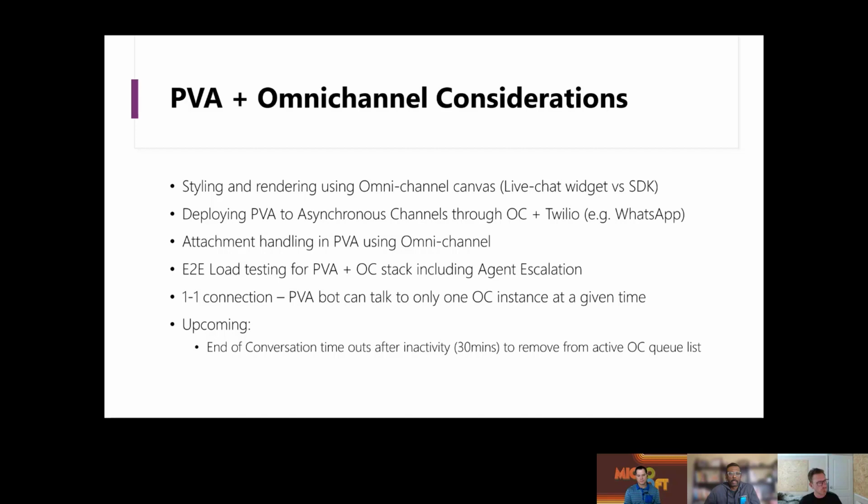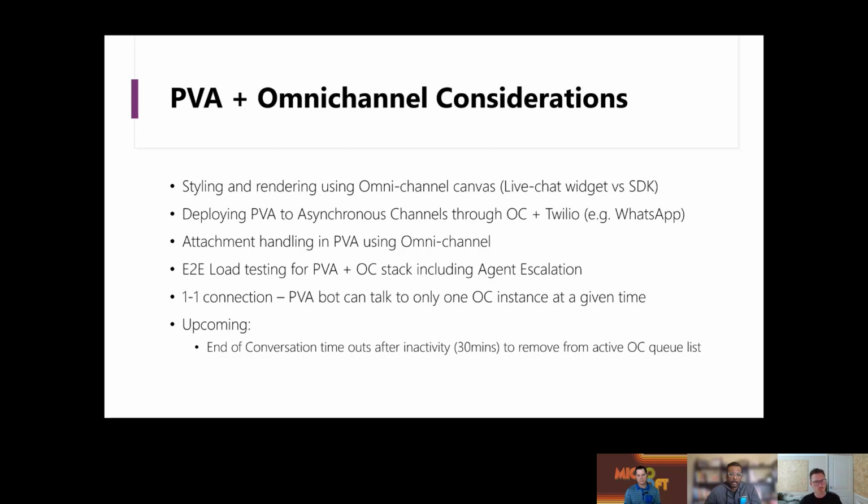Another important point which I wanted to call out is the end-to-end load testing for the PVA and the omnichannel stack, including the agent escalation. As you know, PVA currently supports the standard capacity of 800 RPM, or requests per minute. However, when it goes through the omnichannel stack, it has a different set of throttling limits according to what omnichannel controls. So keep that in mind as you onboard PVA to the omnichannel stack, to ensure that depending on the volume you project for your bot, your bot does not hit any of these throttling limits